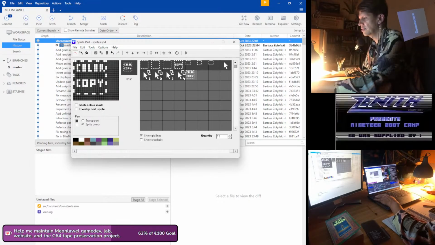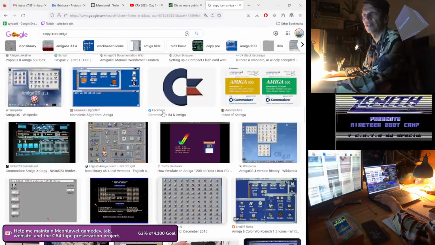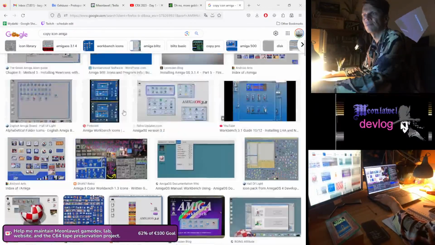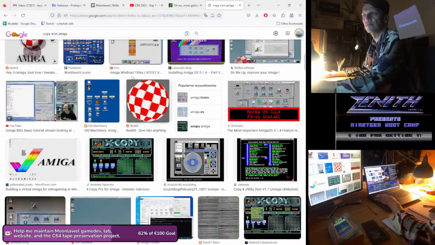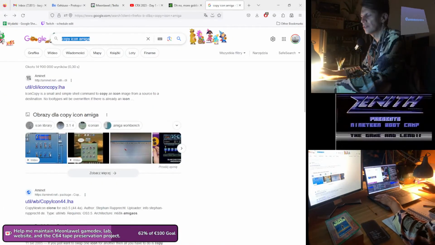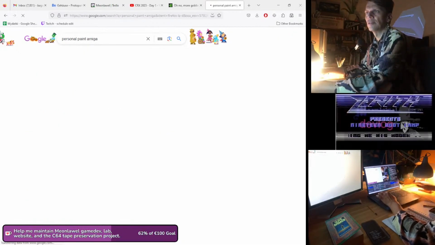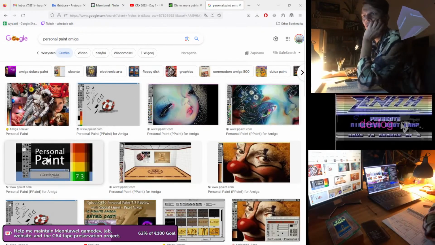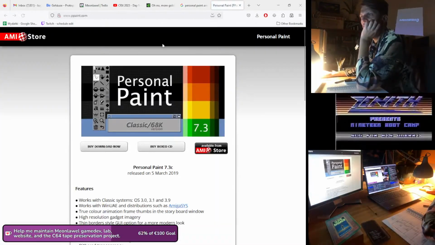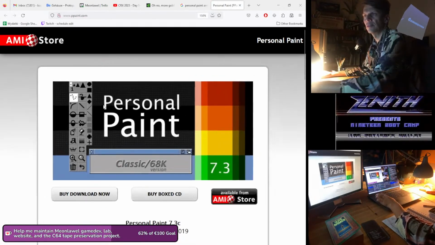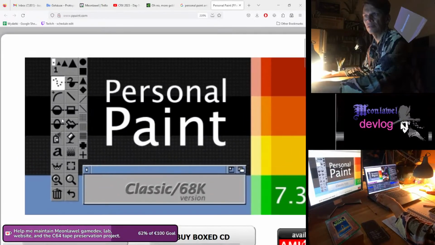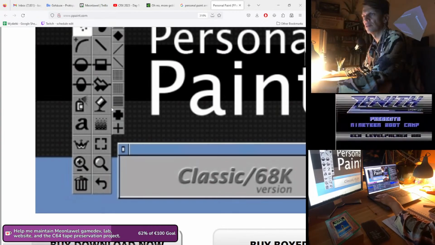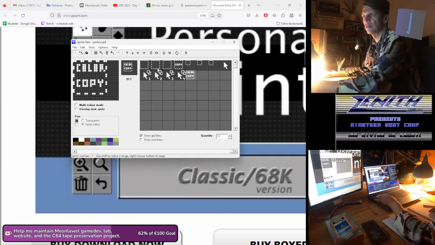Yeah, I thought about BiteMapper. That's a good idea actually. That was here, yeah? Yeah, actually I've seen it. Yeah, you're right. Personal paint. Exactly this one. That's actually the icon I wanted to use. I was looking for this icon and I've seen this paint bucket. This one. Pretty cool icon. So something like